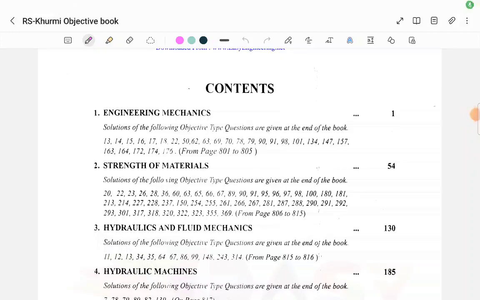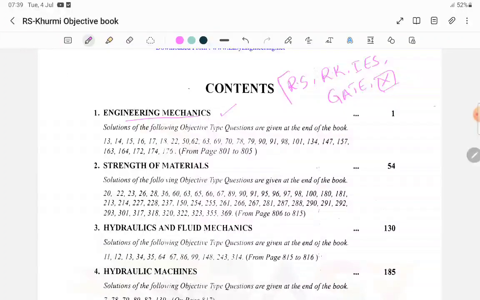In the last two videos we finished engineering mechanics, all the questions of RS Kurmi. What I will do in my channel is provide all the RS Kurmi, RK Jain, IES direct questions, GATE 1 mark and 2 marks questions, and match the following type of questions. All the questions I will provide you, and this much is enough for clearing any PSU, state government, railways, any exam. So what you have to do is read these questions from these books first,